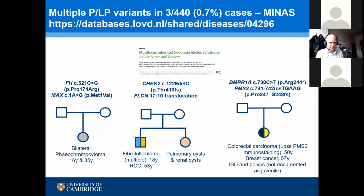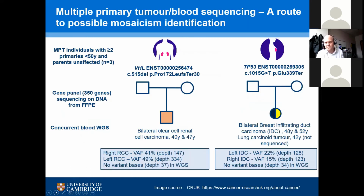And we can expect to see lots of these cases, and are seeing them as more agnostic genetic testing is applied, not just in multiple primaries, but single cancer phenotypes as well. And one area that we're just getting into with this series is mosaicism, because multiple primary tumors represent a potential opportunity to identify this. You have 2 tumors that can be sequenced where you might find the same cancer predisposition gene variant, and you'd also have germline, and you can look for absence of that in the germline, and that indicates possible mosaicism. And that's quite important because that has significant implications for the rest of the family and continuing surveillance of the